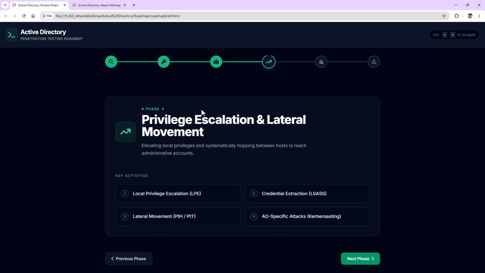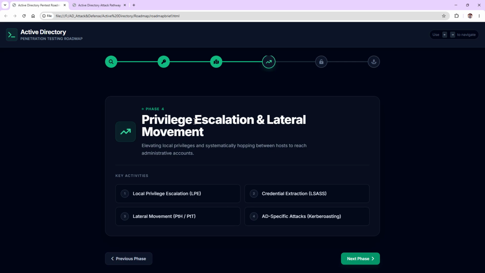The next phase is privilege escalation and lateral movement. Now this phase is important because once you get the initial foothold as a normal or standard user, it has limited privileges. Okay, you cannot perform the elevated or privileged tasks with that low-privileged user. So you need to elevate your privileges so that you can access more resources in the network. Fine. So what attackers do is use the map they just built in the previous phase